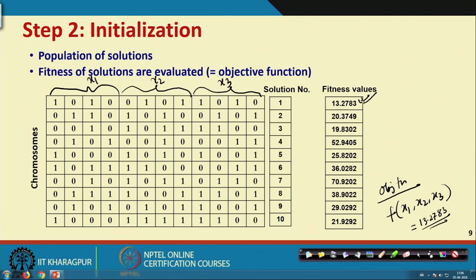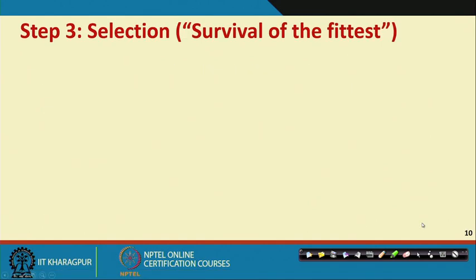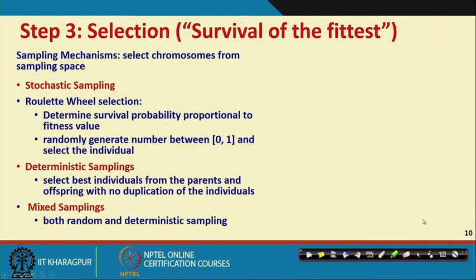If I take an average of them, then I will get the average fitness value. This average fitness value is going to help us in subsequent evaluation. That is how we say how fit this particular generation is. Now, after that we do a selection process. There are different kinds of selection. One such selection is the roulette wheel selection.